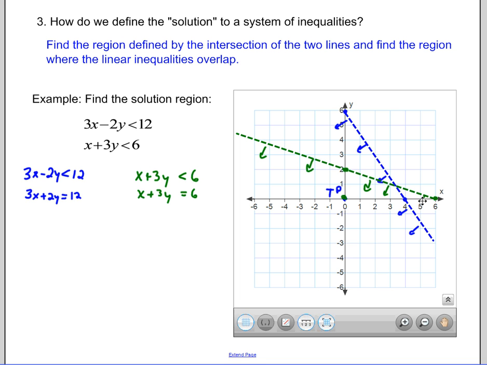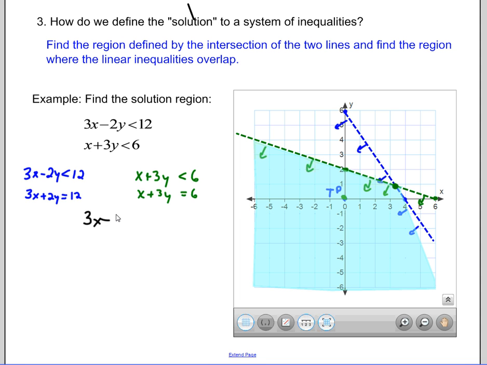And so what we're going to find is that the region where these two overlap will look like this. You can see that we shaded everything that is to the right of this line and below this line, so it looks like we've got a region that's defined by these two lines intersecting one another. The other question, of course, is where do the two lines actually meet? Well, right here we should find this coordinate. That's going to be the point where they intersect, and we would actually solve the system of equations